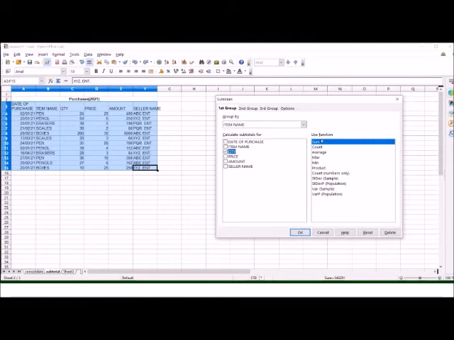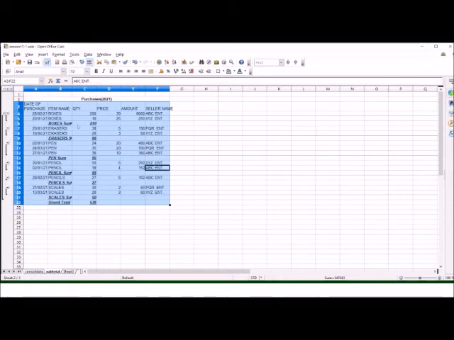And we can select any of these functions like sum, count, average, max, min. Suppose we select sum and we want the total of quantity grouped on the basis of item name, then we will select these options and then click on OK. Now we can see here